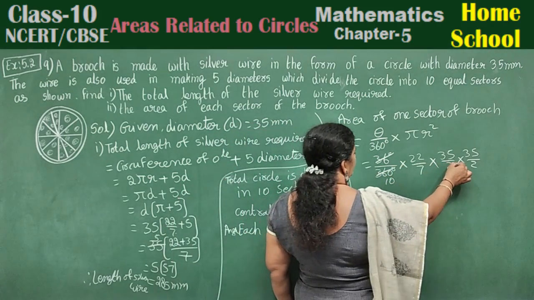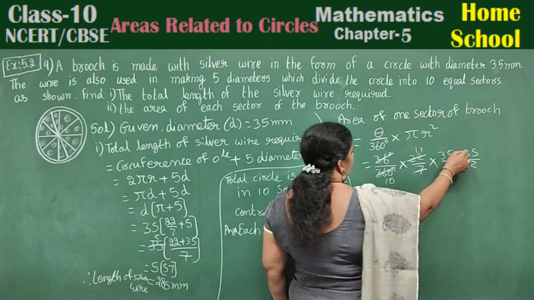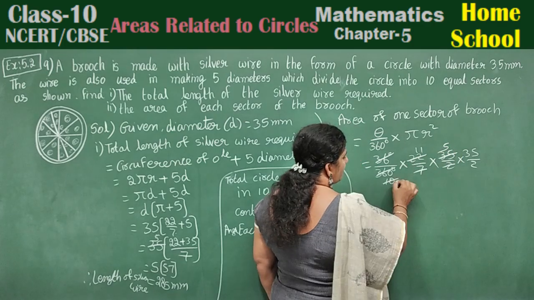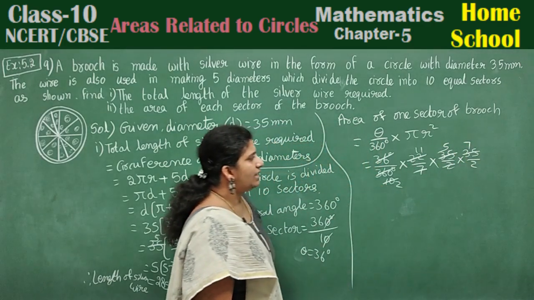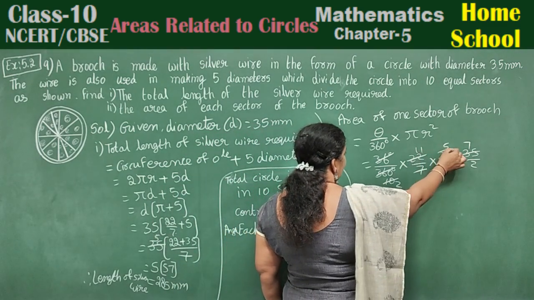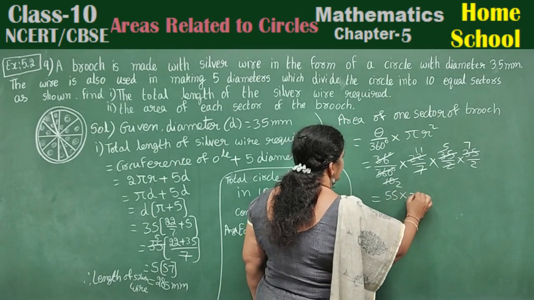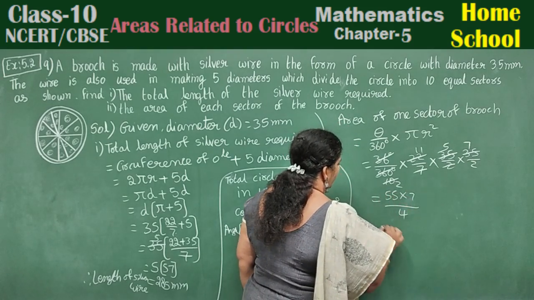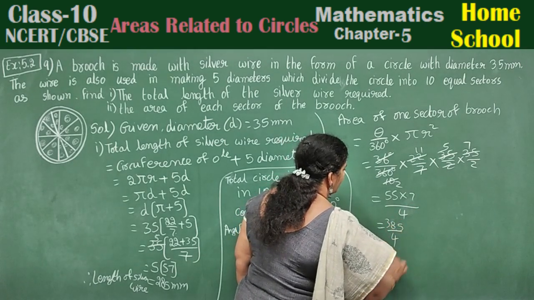And now 2 11s, 7 5s, 5 2s, 5 7s. That's it? Yes. 11 5s are 55, 55 7s are 55 into 7 by 4. 385 by 4